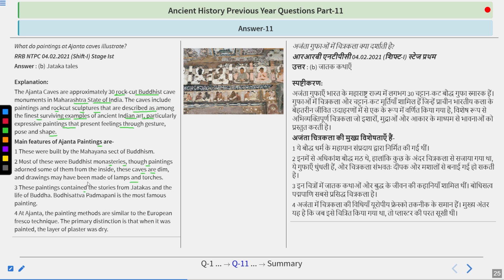These paintings contain the stories from Jatakas and the life of Buddha. Bodhisattva Padmapani is the most famous painting. At Ajanta, the painting methods are similar to the European fresco technique. Here you can see fresco, where particular